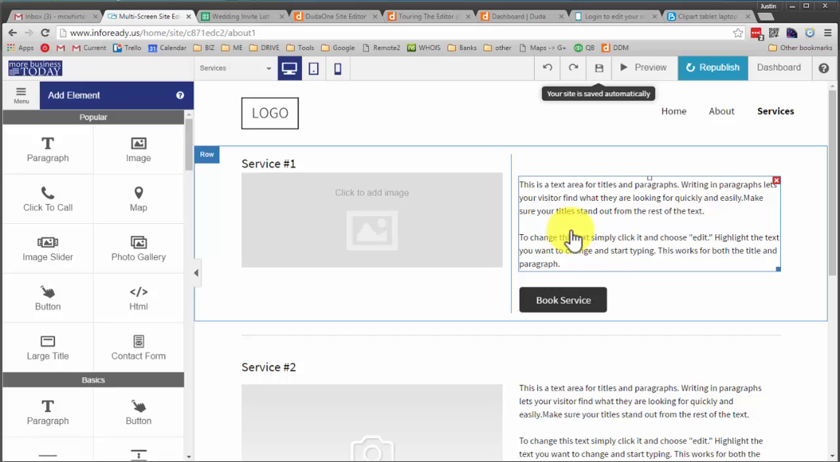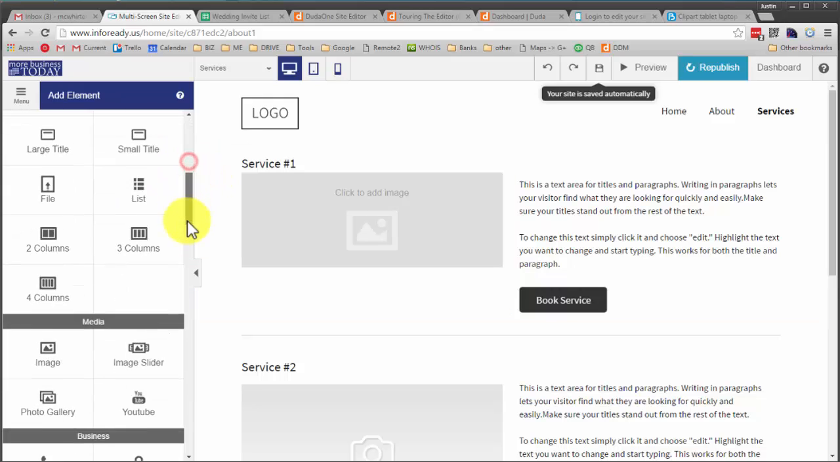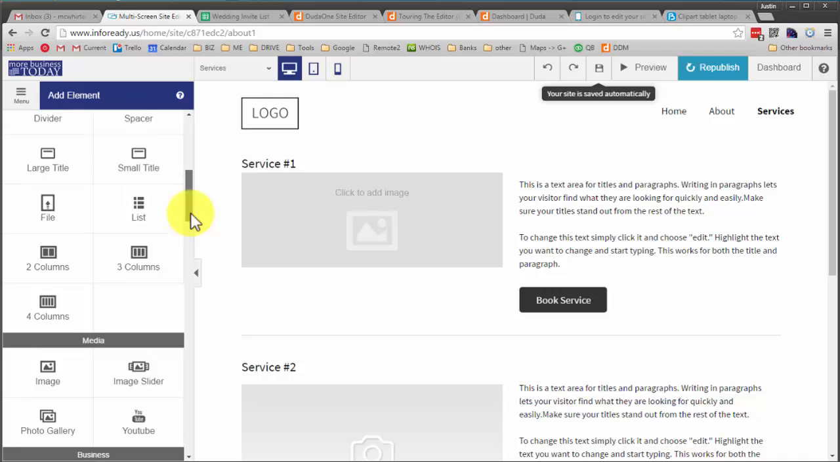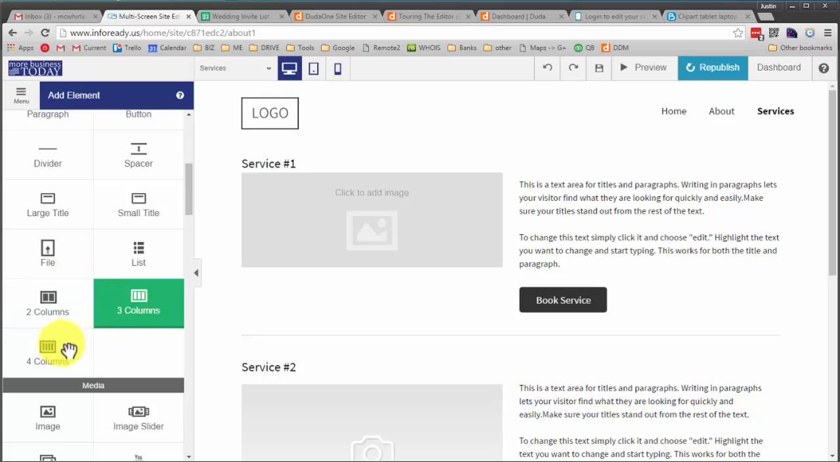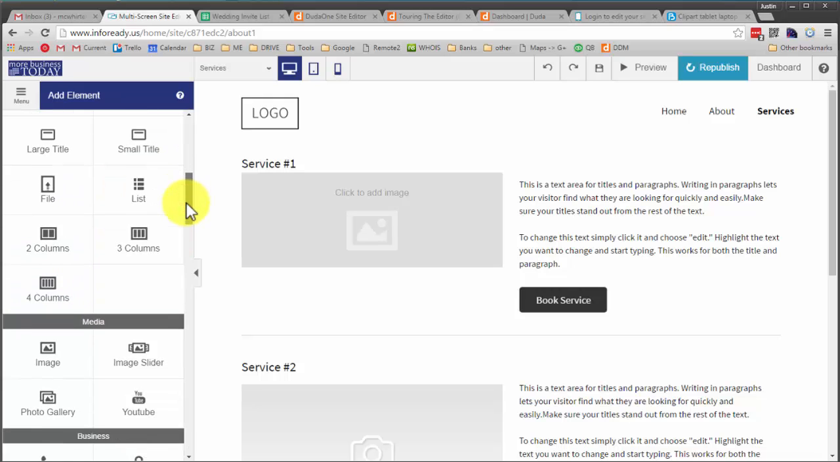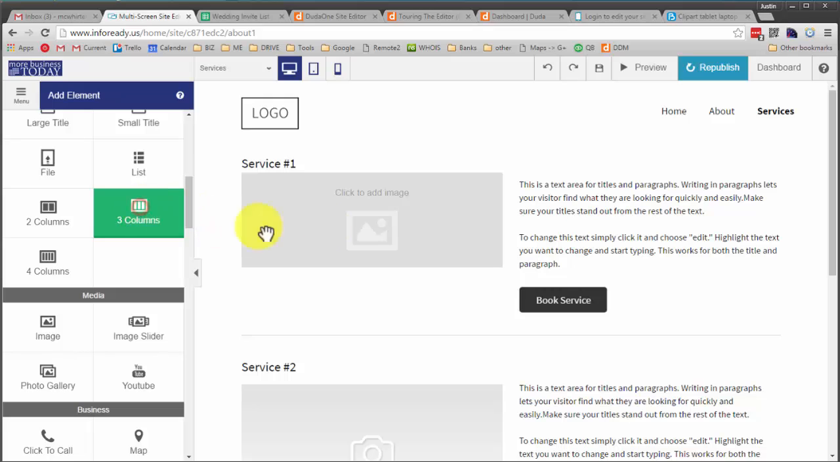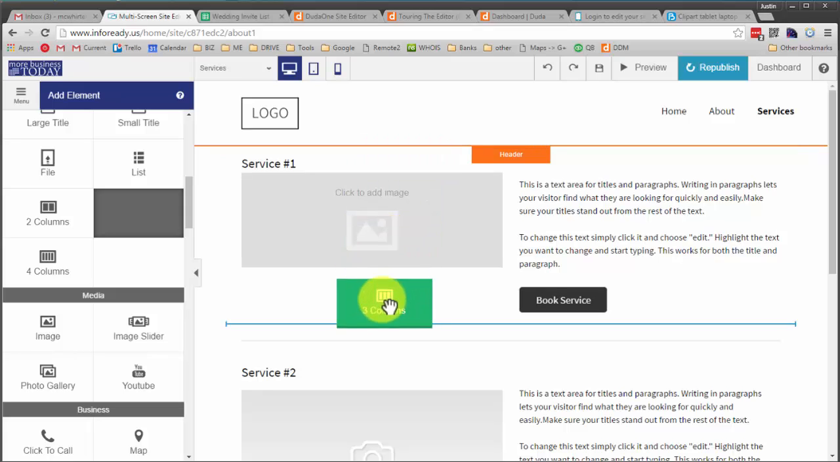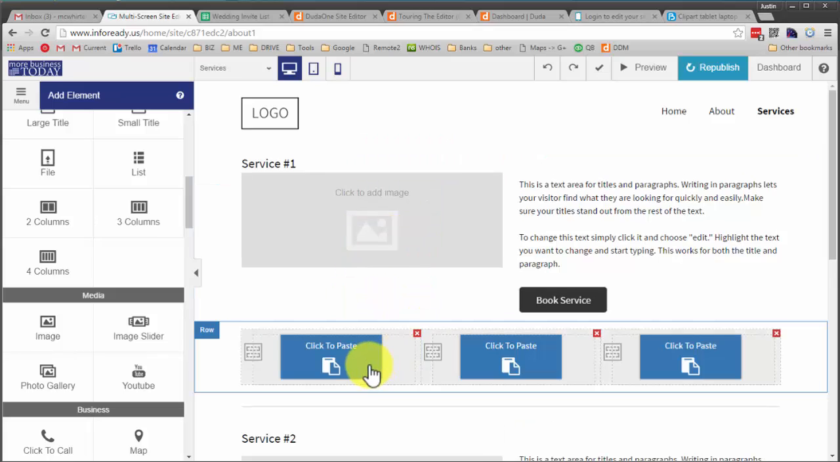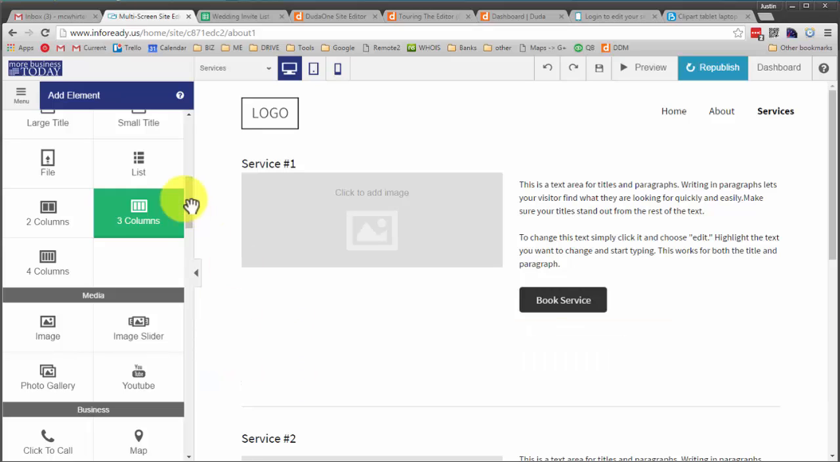So one of the quickest ways to create a layout is by using one of the add elements. If you go to add elements and scroll down, you have 2 column, 3 column, 4 column. So if you want something that simple, then you could use that. And if I drag this over, I can drag it so that it's between rows or whatever. And when I highlight over it, then you have 3 different columns. And so then I can add in,